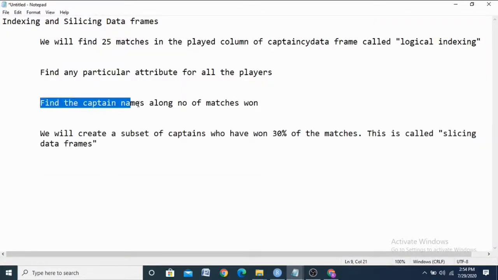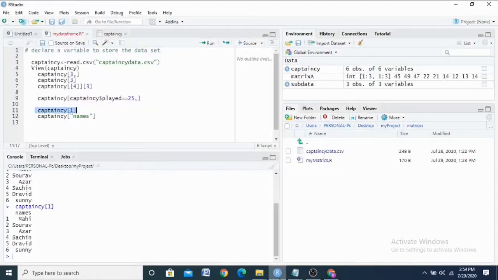Okay, next important thing: find the captain names along with the number of matches the captains have won. Okay, how to do this? Next we will go to the command. So my data frame, captaincy, C of, so I need names.